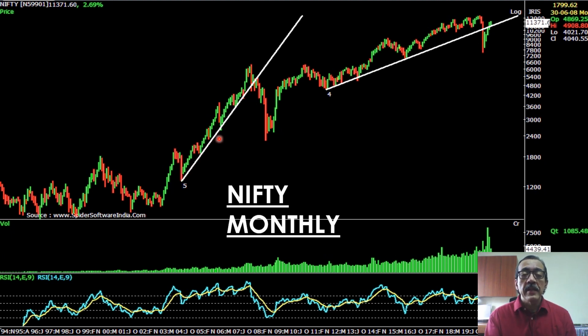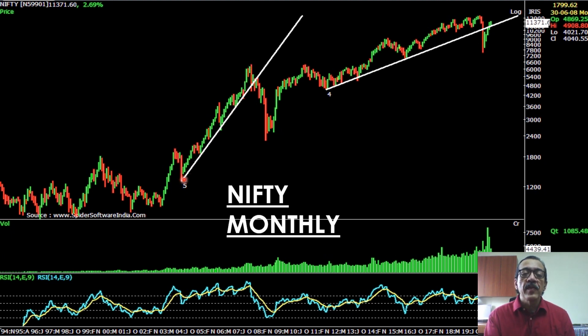And then I found that even this point, the trend line managed to support even this fall. It managed to support this fall, and then this fall and this fall. Only at this time did the trend line actually break. So this is from 2004 May, I think April or May, to around 2008 January.